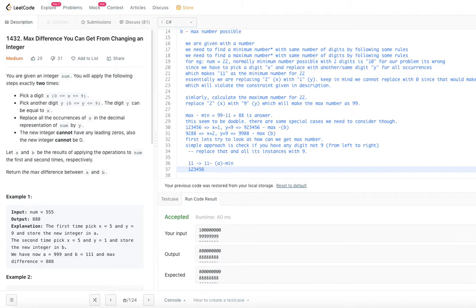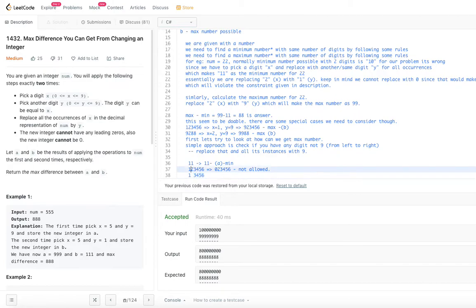So for this, if you want to get the minimum number, what are we going to do? What is the minimum of all digits 0 to 9? Obviously 0. 0 is the minimum number, right? So can we replace 1 with 0? No, because it said leading zeros are not allowed. If we replace 1 with 0, it will be 0, 2, 3, 4, 5, 6. It's not allowed. But that means we have to leave 1 as it is. So 1 as it is, I am putting a space wantedly, 3, 4, 5, 6.